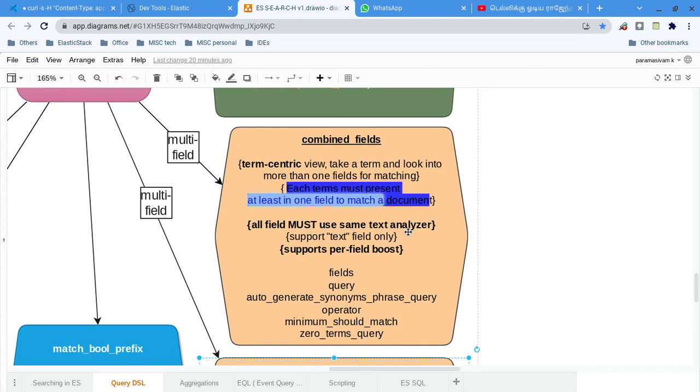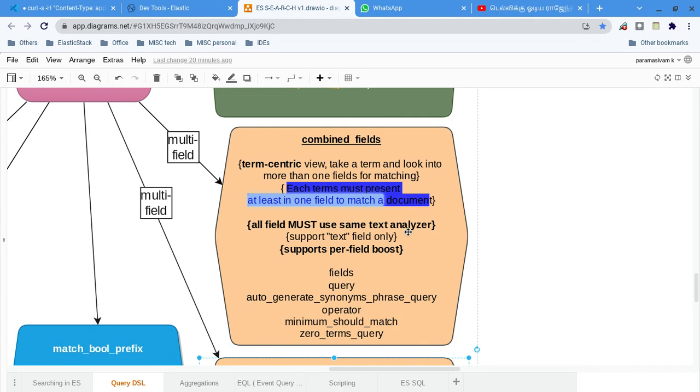If it is term-centric, it means the given terms can be matched wherever they match, as long as they match any one of the fields. Since it's multi-field, we will configure multiple fields. As long as any one of the terms matches any one of the fields, we take the document. So to fetch a document, the term plays the important role.